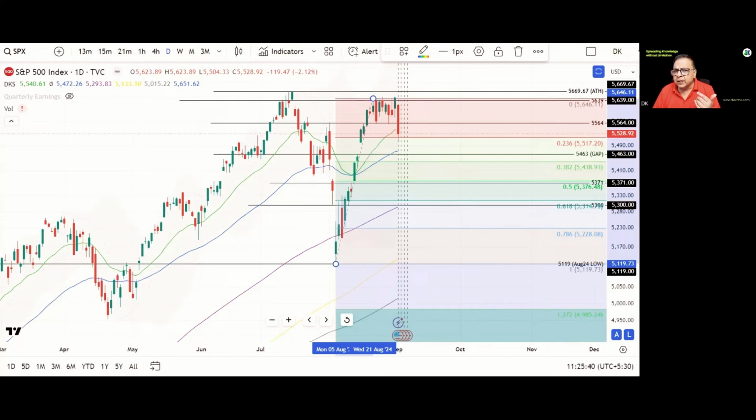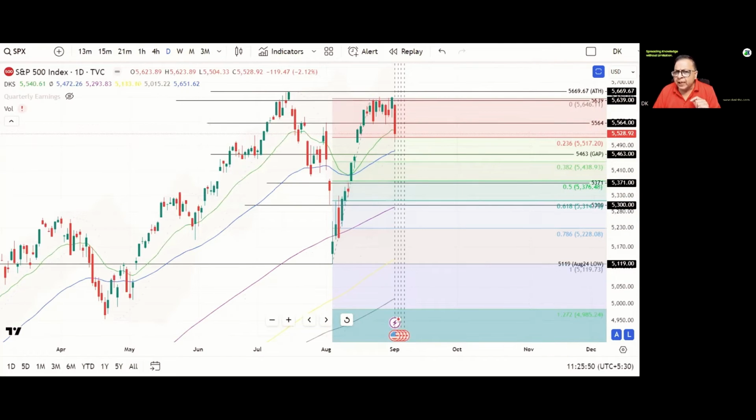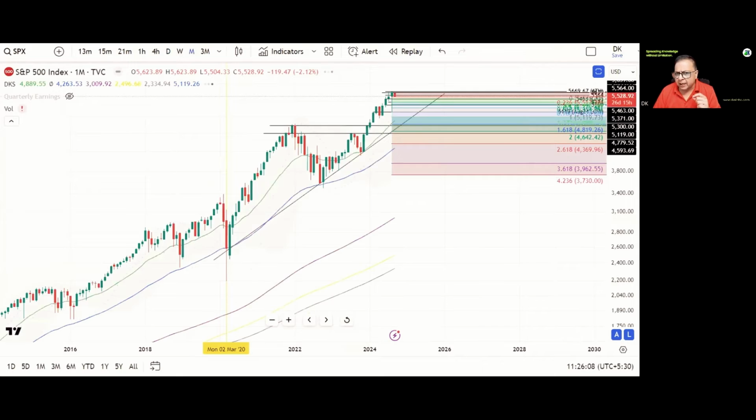So of course, the profit booking will come, market will correct, and ultimately mean reversion is a continuous process in the stock market. On upside move, immediate resistance is 5,564, because this has been a support area. This has been the rejection area, and then next support resistance will come at 5,639. Now let us move to the price chart of Nasdaq 100.